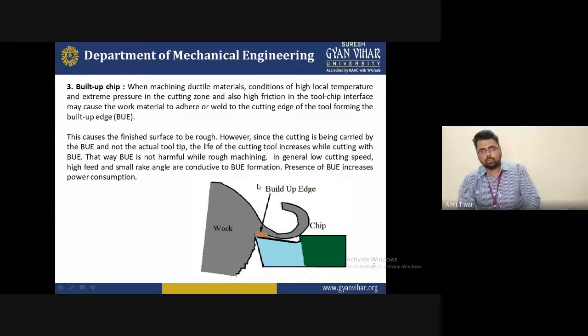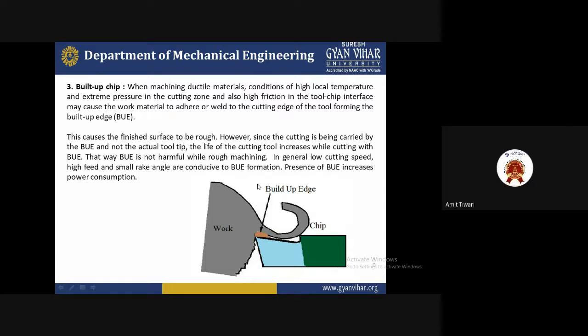If you want continuous chip formation, which is a required and desirable property, we achieve it with a ductile material. But if you select a ductile material, you will not achieve good surface quality, because surface quality depends on hardness. If you select a brittle metal, you will achieve good surface quality and low power consumption, but this kind of chip will be generated, which is not required for good machining. So there are some pros and cons of each and every chip formation.